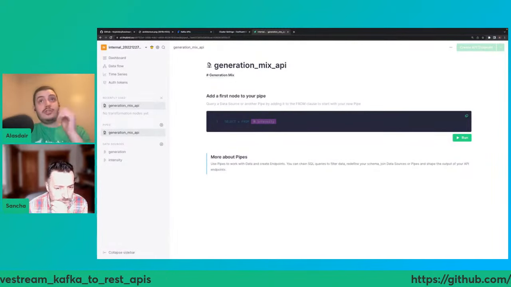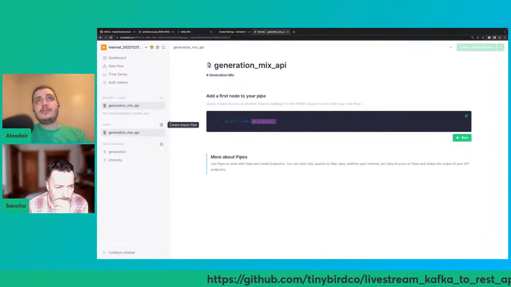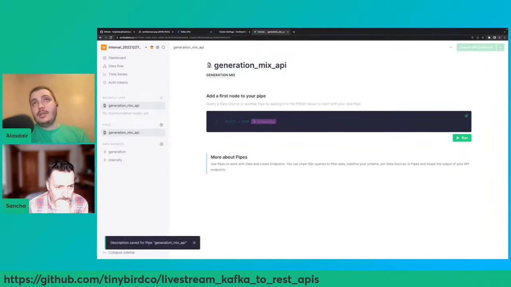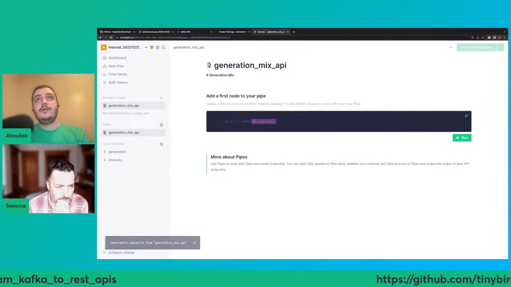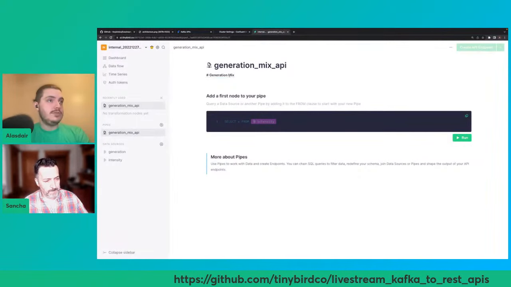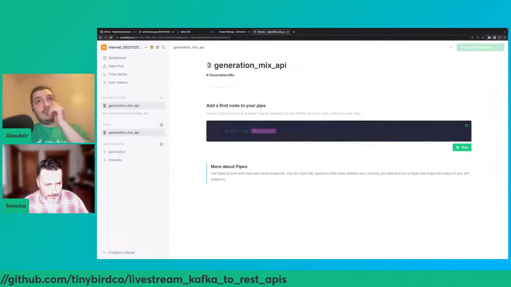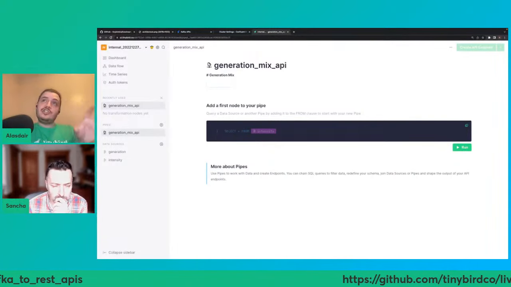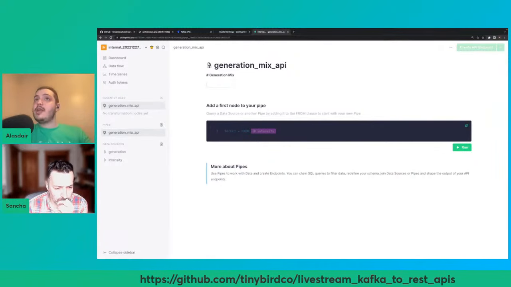Yeah. So just to quickly explain what I'm doing. I've created a new pipe over here on the right by hitting the plus. And I've set its name, so this is going to be the generation mix API. I'm going to set a description in here so that I can document my API as I go. You can use Markdown syntax in this description to start doing some pretty documentation on your APIs. Once we publish this as an API, you'll get an auto-generated documentation page, which you can share. So you'll have a Tinybird formatted one, but then we also generate OpenAPI 3.0 specs, which you can share in